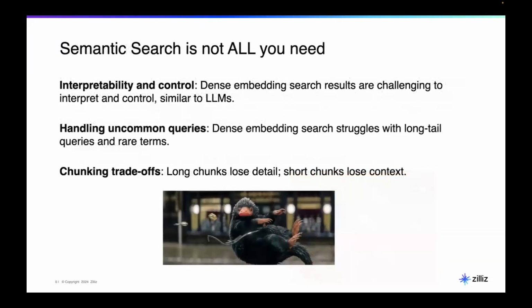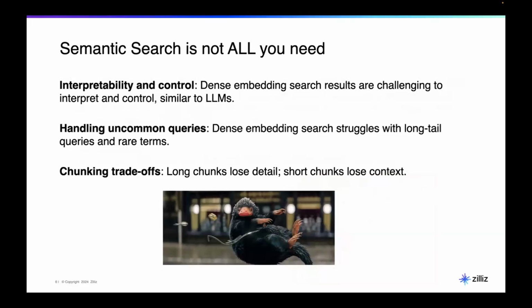Okay. If you look at what is actually wrong with semantic search, right? It's definitely not all you need. It's actually a pretty good technology. We build VectorDBs, so I won't say VectorDB is not good. But they are lacking 3 major things, right? One thing is there is no way you can control your result, right? Like larger models, they're basically just a black box. So why you get this result, why they become similar, is all a black box, and there's nothing we can do if things go wrong, right?